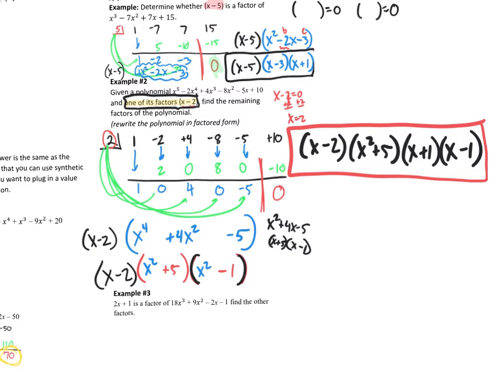So we also learned that when you take one of its factors and you divide by it, we already know that the remainder is 0. That's what we were just talking about. But we know that these blue numbers down here from our synthetic division are the coefficients of what we call a depressed polynomial, right? So if you did start with the x to the 5th, kind of like we did up here, x to the 5th divided by an x will give you a depressed polynomial that has a power of 4. So it's really going to be 1x to the 4th plus 0x to the 3rd, don't even write it, plus 4x squared plus 0x, don't even write it, minus 5. So you end up with a quartic